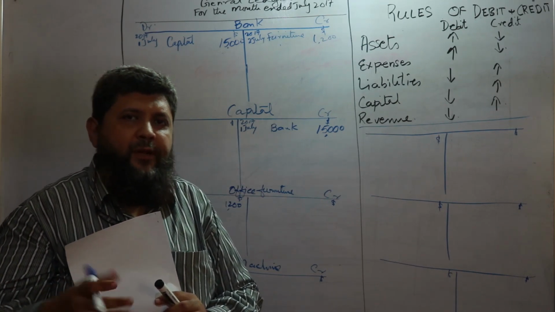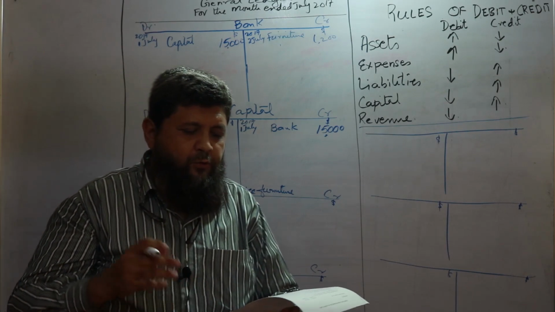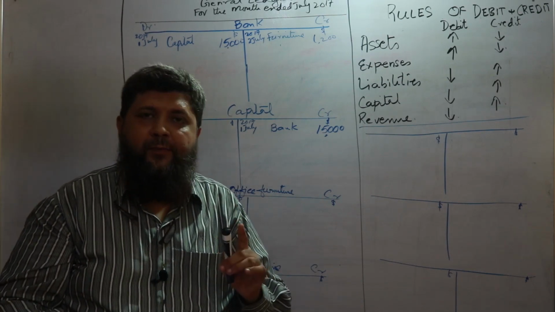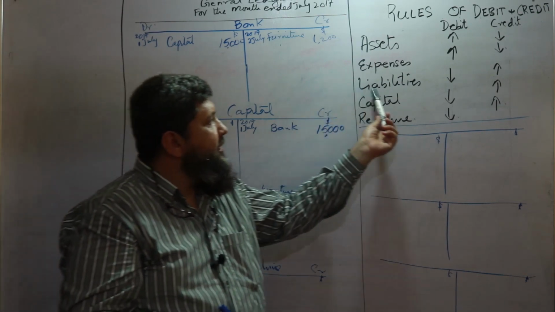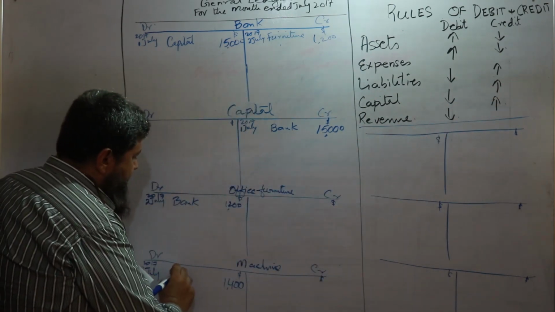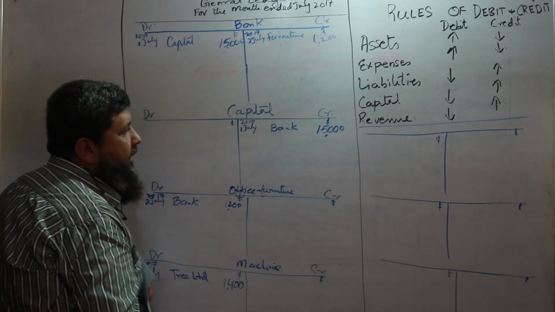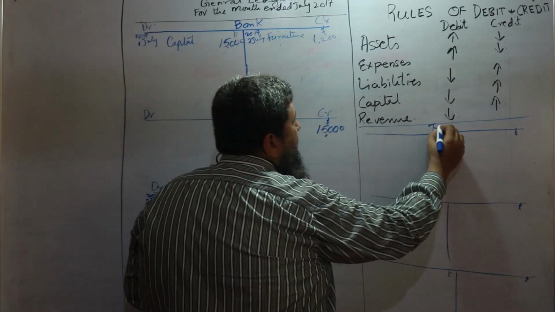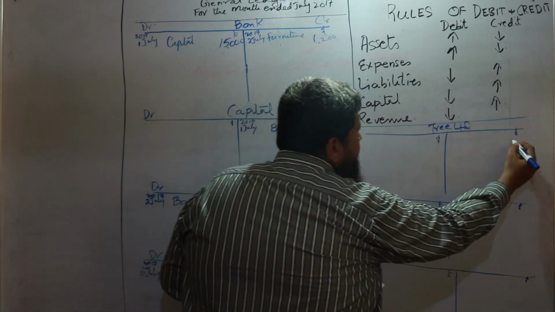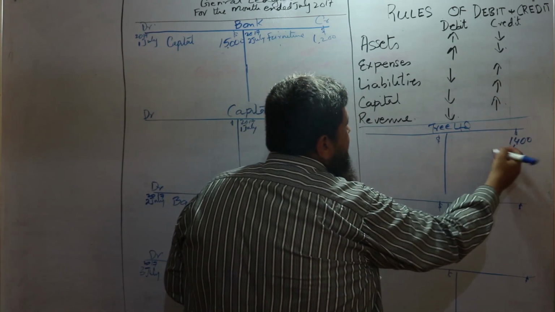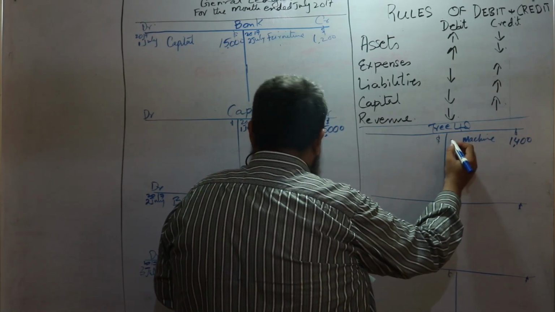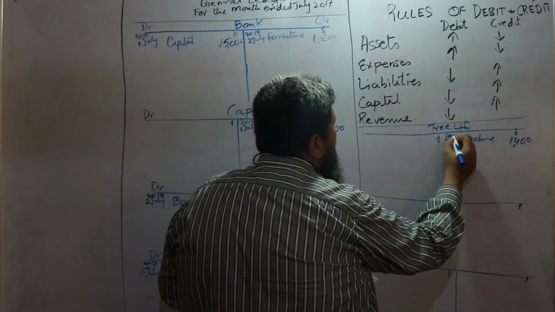We have bought the machine, but we haven't paid for it. We owe for that machine, and to whom do we owe? We owe Trees Limited. We have not yet paid Trees Limited, we have to pay, so it becomes our liability, and when a liability increases, an increase in liability is credit. So we will open an account called Trees Limited. Trees Limited is a liability, and liability increases, so it should be on the credit side. So I have posted this on the credit side, Trees Limited credit against machine. On which date? On 3rd of July 2017.